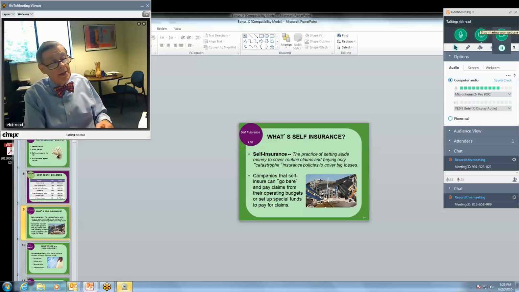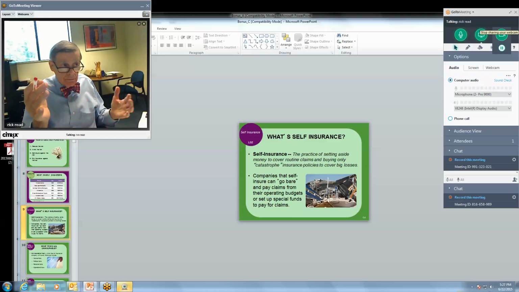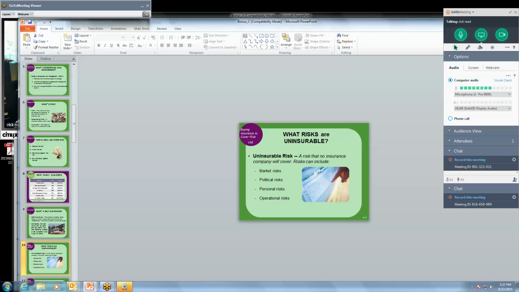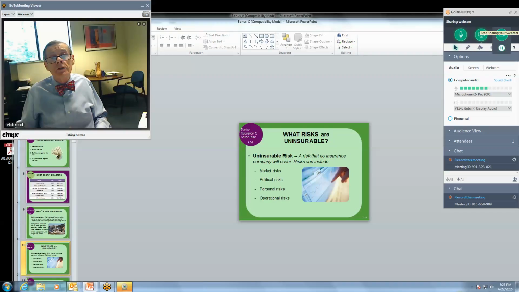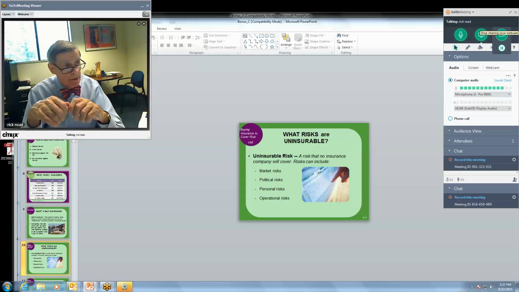Now, the next bullet here talks about companies going bare. That means they're going to roll the dice and take a chance that nothing's going to happen. Risky. Any question about that? And this is no self-insurance, no insurance I can buy from State Farm or anybody else. So this is an issue you have to think about if you're going to have a business, and whether you want to do that or not. I'm not here to tell you one thing or another, but I can tell you that reducing your risk as best as possible by buying insurance is probably the best way to go.